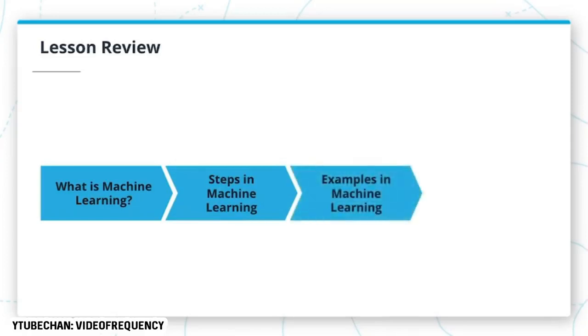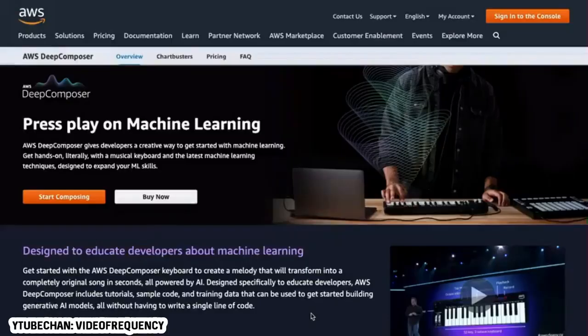In this section, we took you through a couple of real-world examples which use machine learning in different ways to solve real-world problems. In this demo, I want to walk you through the AWS DeepComposer console and show you what AWS DeepComposer offers. First, go to